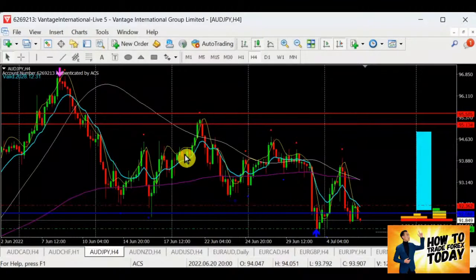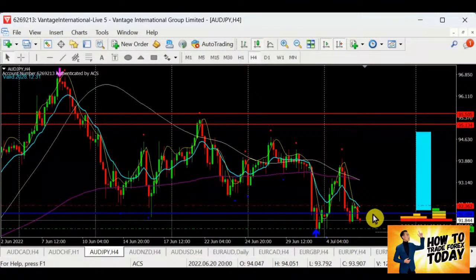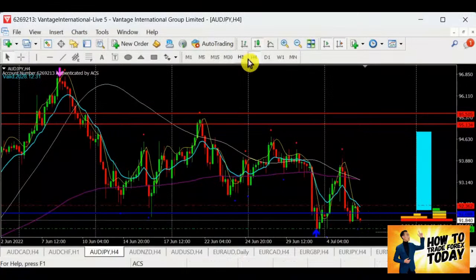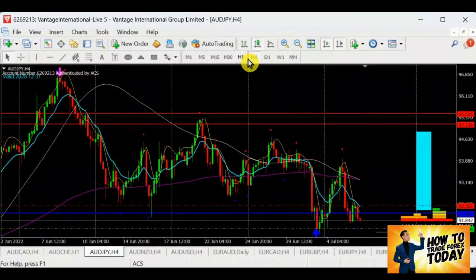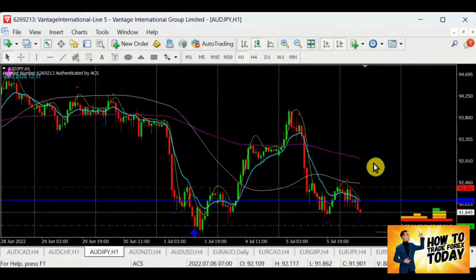However, in this case over at this Aussie yen, I will wait for it to retrace to retest the resistance once again before I start selling. However, when it started to retrace for the resistance, are we still in the trend? Okay, I will say that yes, we are still in the trend. My resistance is still below the white line over here.